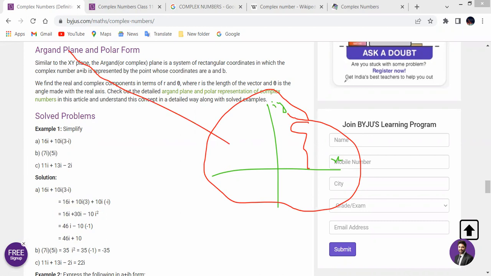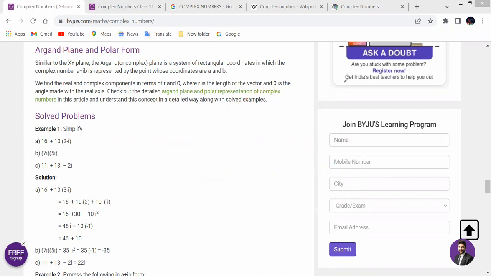After the Argand diagram, we will show what is the polar form of a complex number. In polar form, we have to find r and theta. We know that theta is equal to tan inverse of y over x. Similarly, if we want to find r, r will be equal to